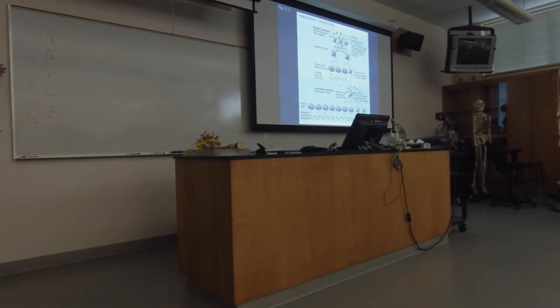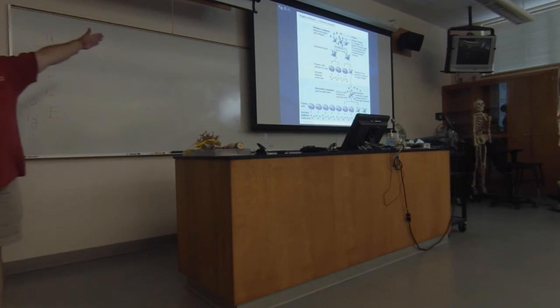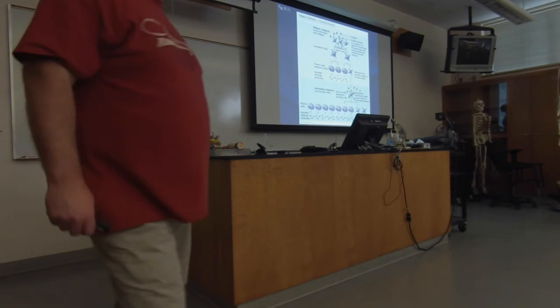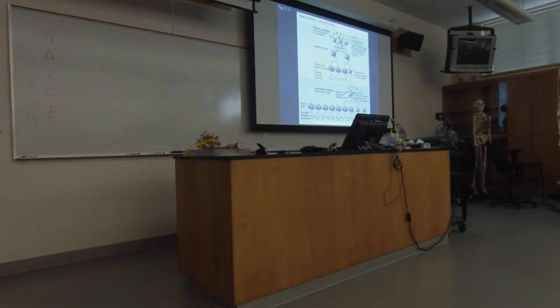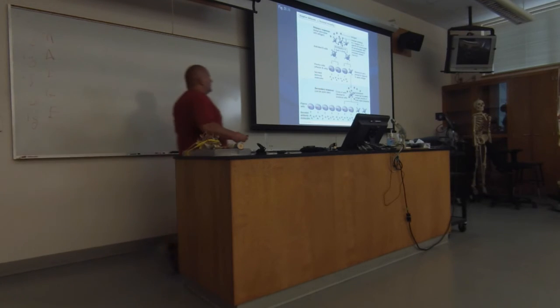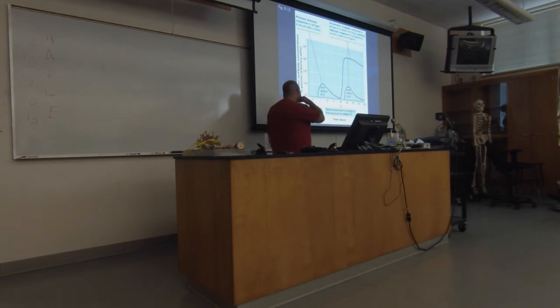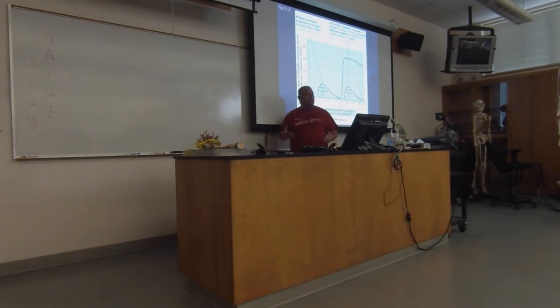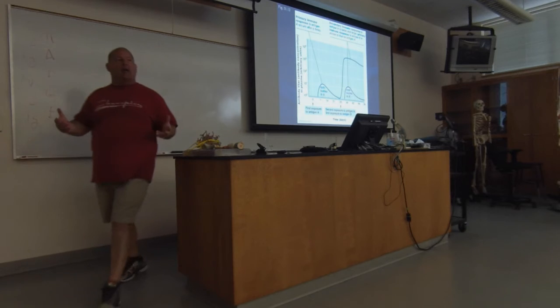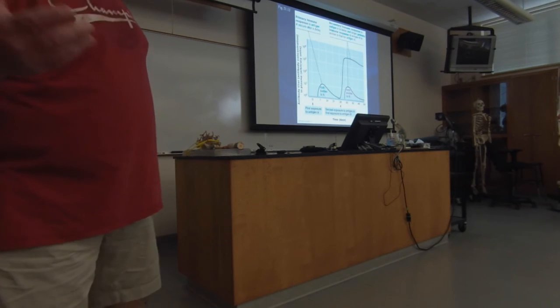So that would be an IgD for bad guy A, and I'm going to find those receptors on B cells. Now, the most plentiful of all of the immunoglobulins that you're going to find floating around are IgGs. And we're going to see these. So they are the second exposure. Notice how there's a lot of them. So when we look at this, if I was to put numbers on it, about 75% of all the antibodies floating around in your blood are going to be of an IgG format.